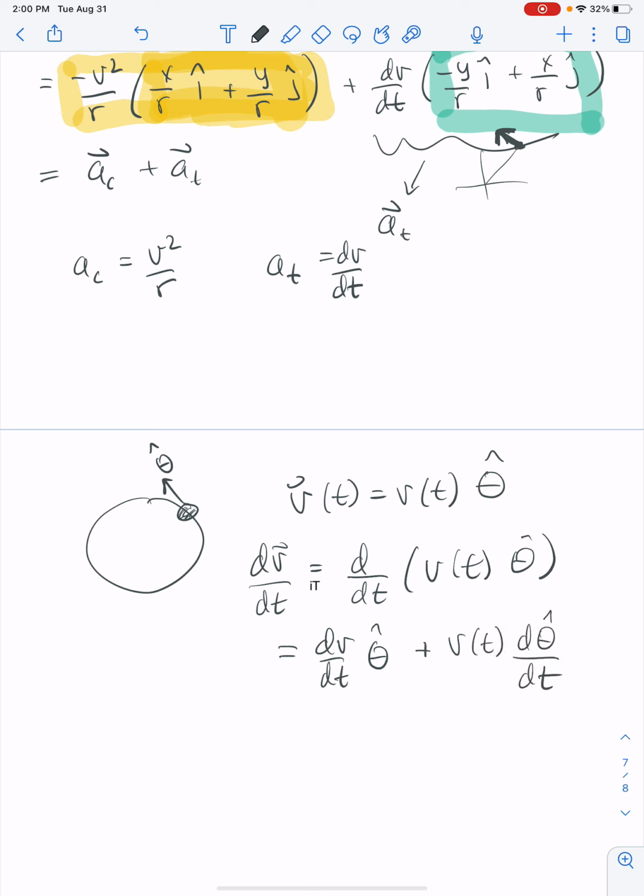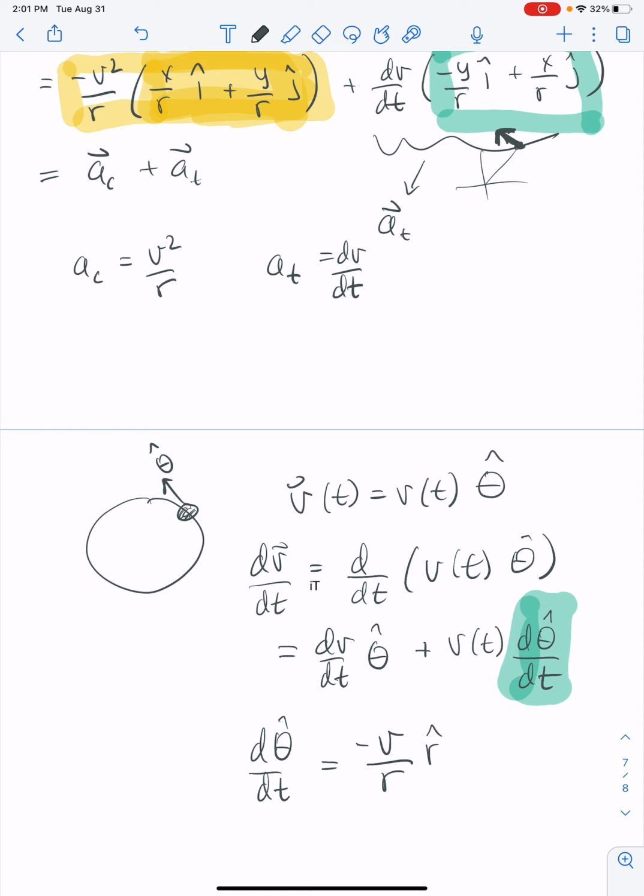d theta hat dt. Now, I'm not going to make you worry about how you would find this d theta hat dt, but I will just tell you that it will have a magnitude of v over r, and you could write it like this: negative v over r times r hat. Don't worry about how we derived that,